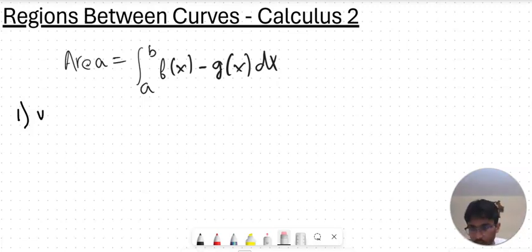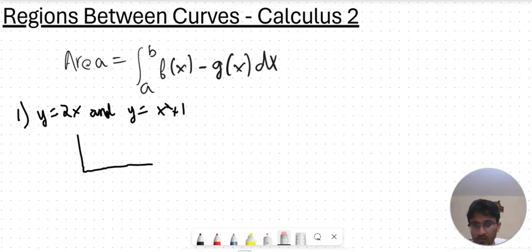For example, if we are given two functions, y equals 2x and y equals x squared plus 1. Number one step, draw these functions out. So 2x and x squared plus 1. Okay, as you notice,